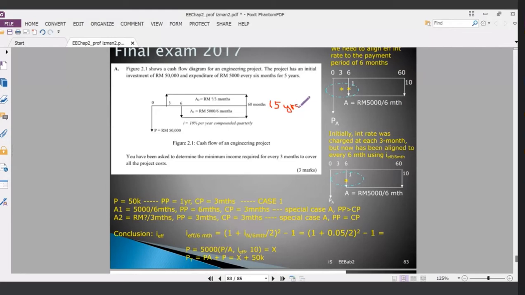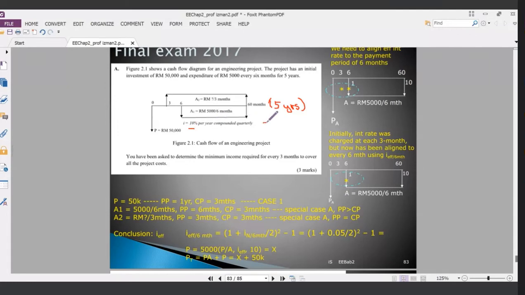Right. So 60 months, this is 5 years. There is one initial cost, which is 50,000, that happens at n equals 0. And the project expenditure for every 6 months is 5,000. And the I for this problem is 10%